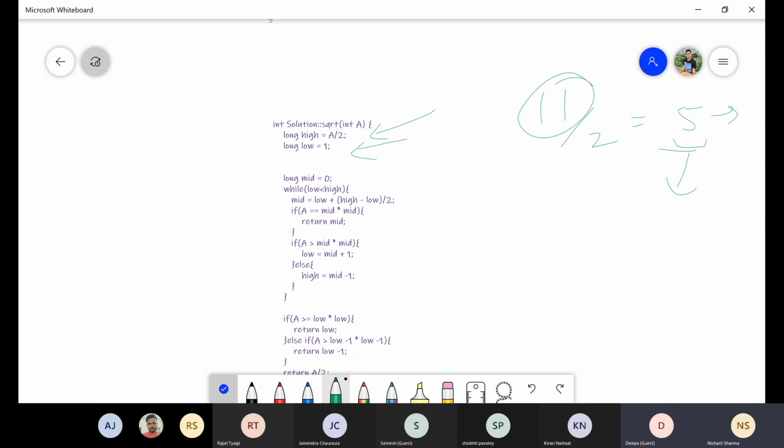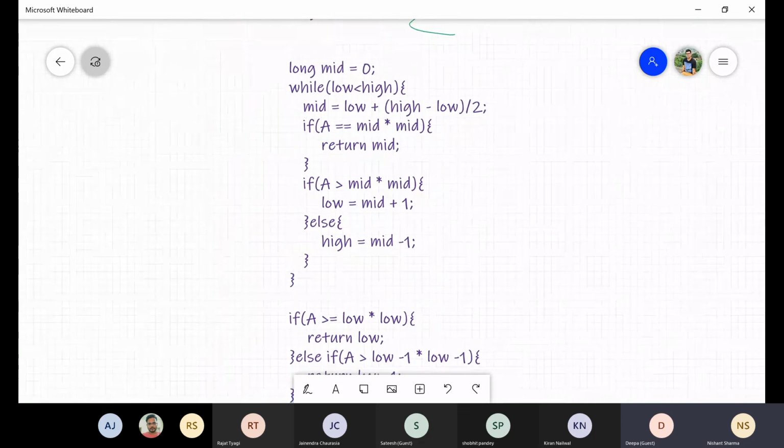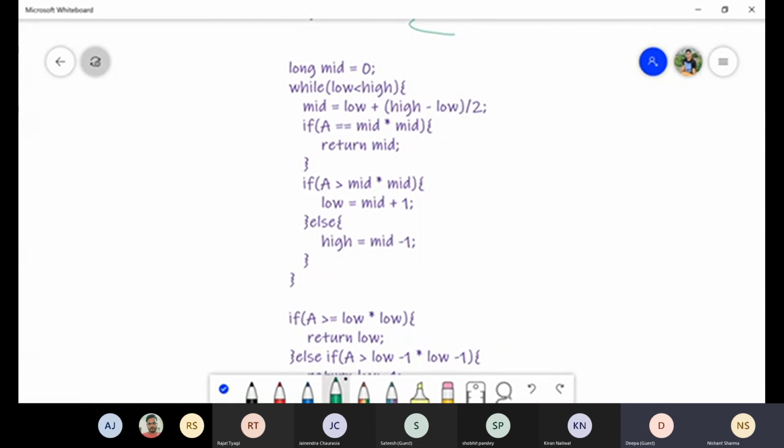So I will go through the code. This is normal binary search code. There is no extra logic here right now. I calculate the mid. I check if the particular element exists, then it's a perfect square.